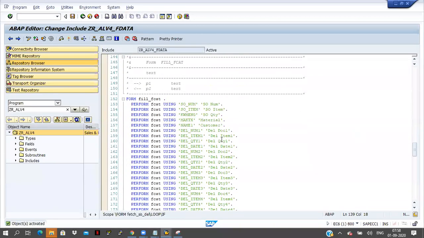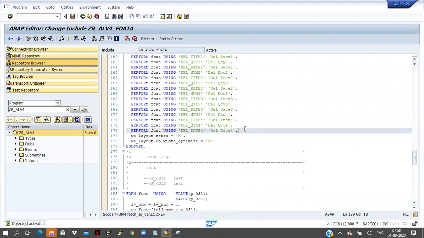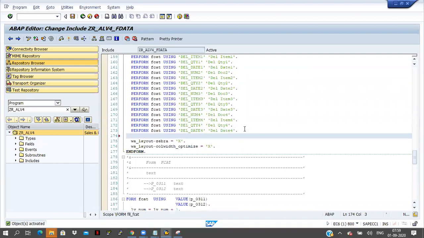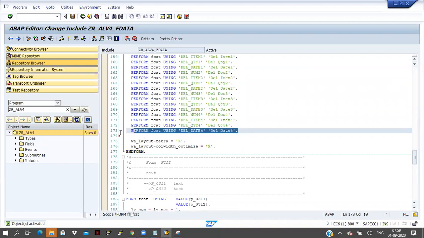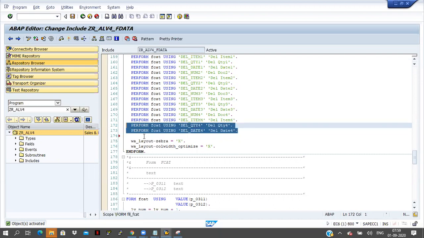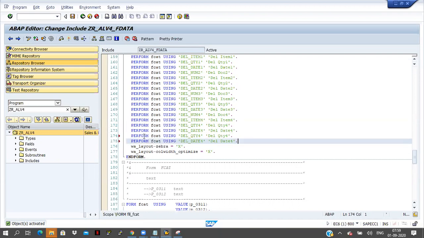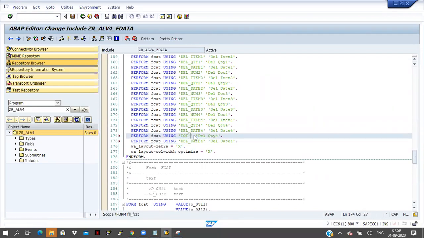And while filling the field catalog also we have to pass the data here. Here the total delivery quantity, and this is the balance quantity.